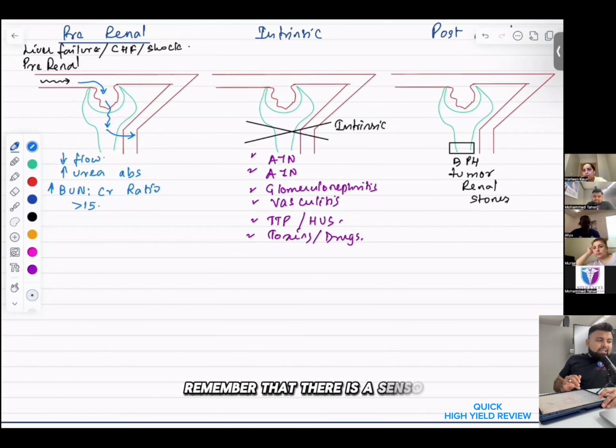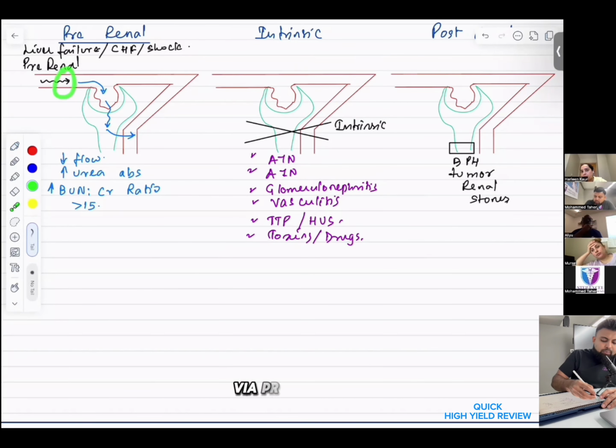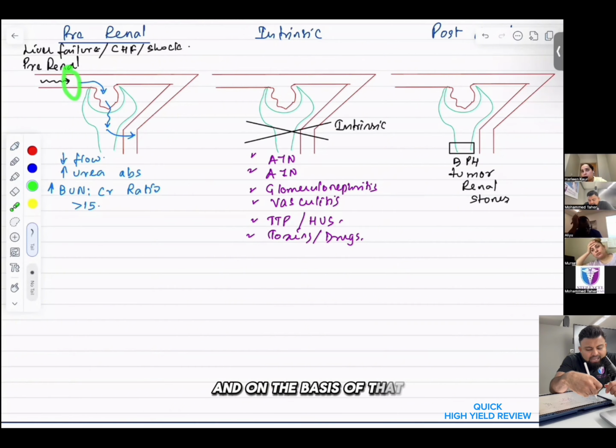Remember that there is a sensor called the macula densa. I will discuss this in the context of tubuloglomerular feedback. But the point is that the macula densa is a sensor. It senses sodium chloride, and on the basis of that, it is responsible for dilating or constricting via prostaglandins, because prostaglandins are the dilators in the afferent arteriole, and on the basis of that, you can manage and regulate